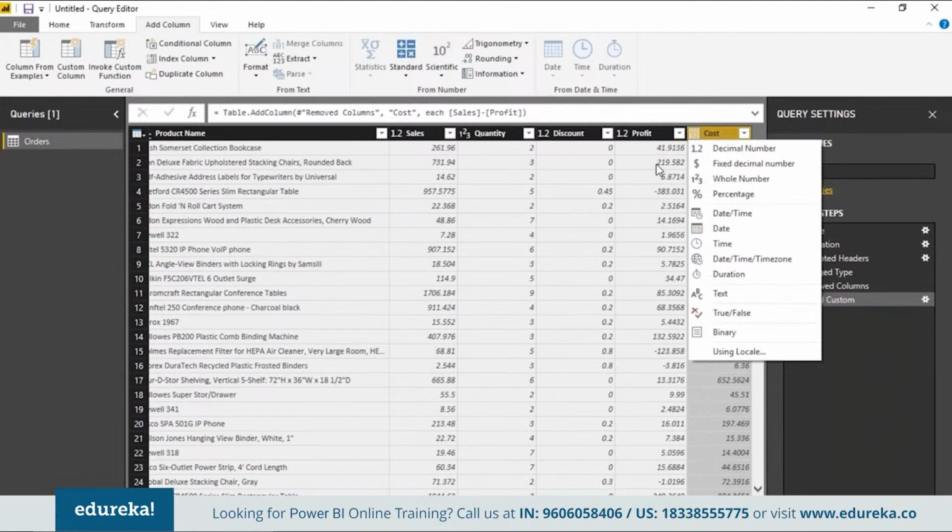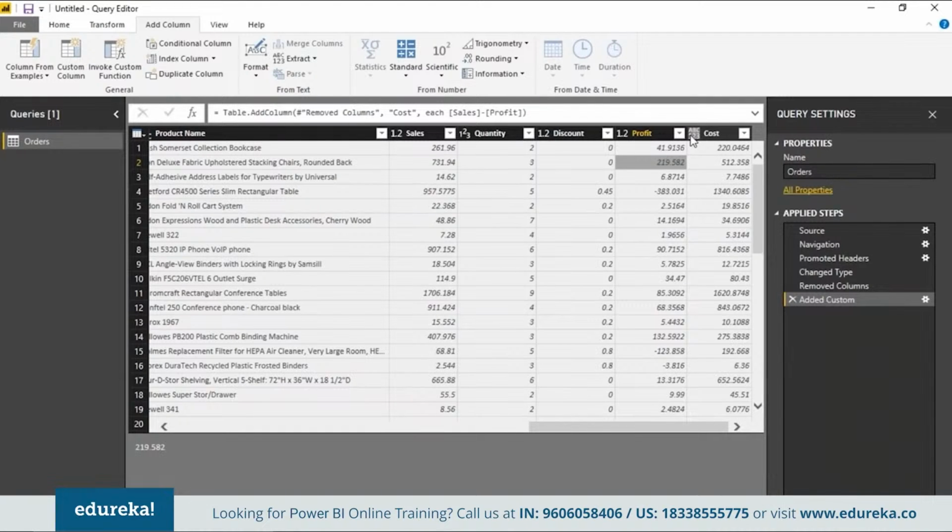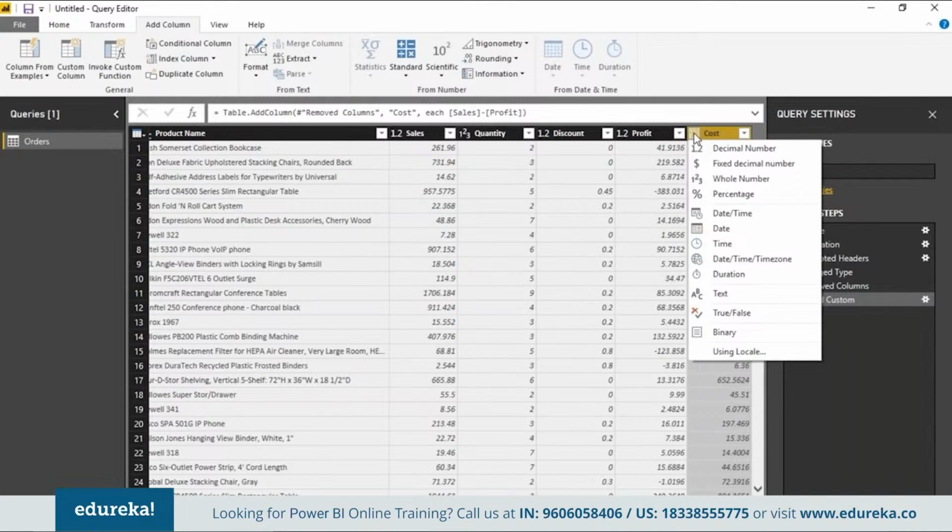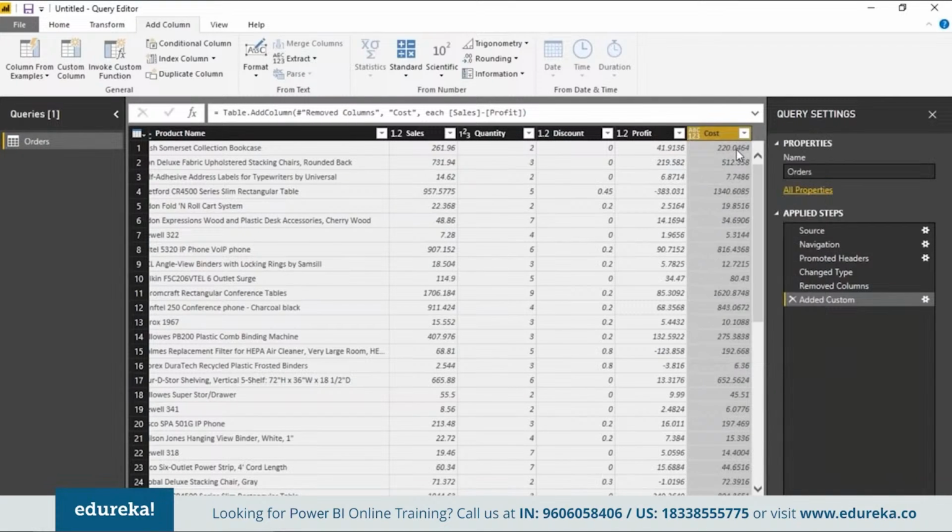Okay, you can see what's happening here is when I build that particular column called cost, this becomes loosely typed. It's not exactly in the correctly typed format. Okay, ABC123 basically means that it's not properly typed. So you have to go back and specifically set the type to decimal number. Okay, these are all the data types that are available in Power BI Desktop. And so that's it. That's all I have.